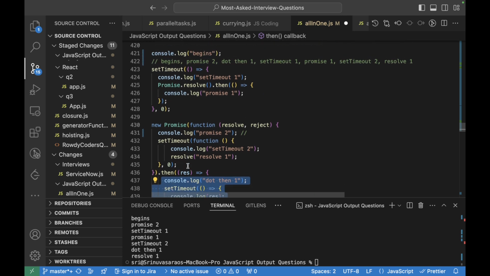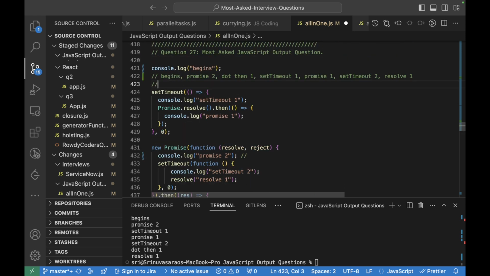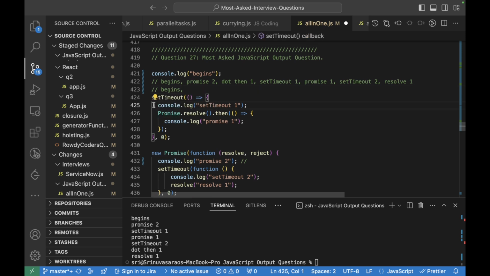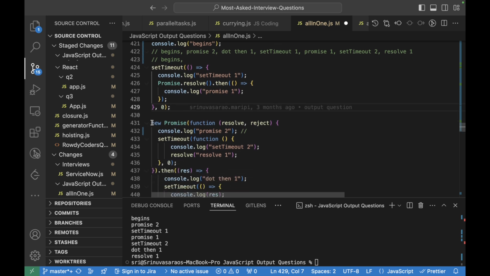So how it actually outputs is, here first will be begins as per the previous mention. When it comes to the second one, the setTimeout will be registered, and then this promise will be called here. This promise will have high priority, right?